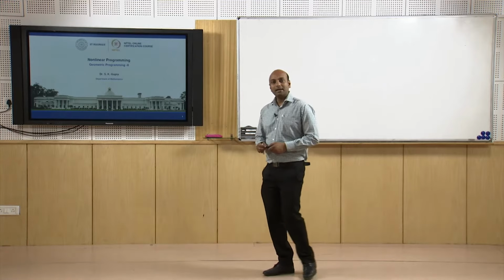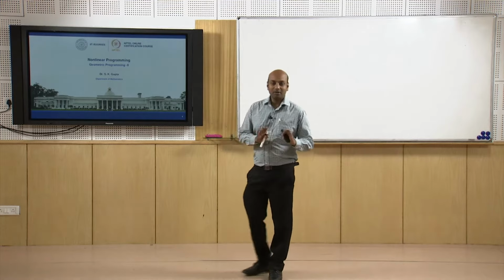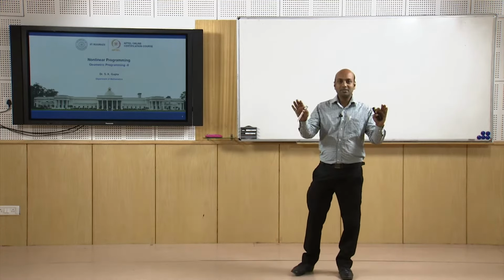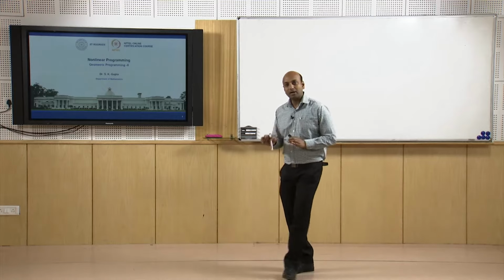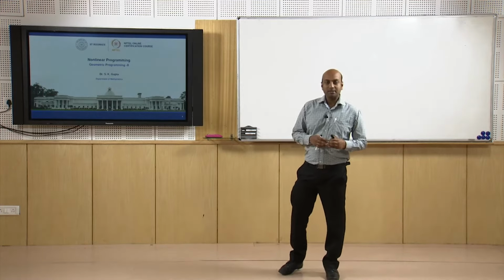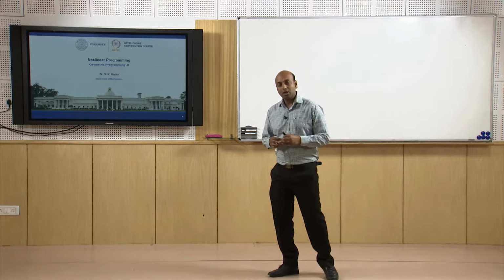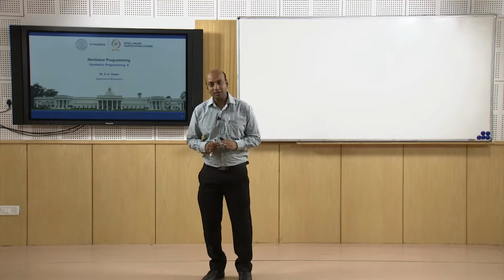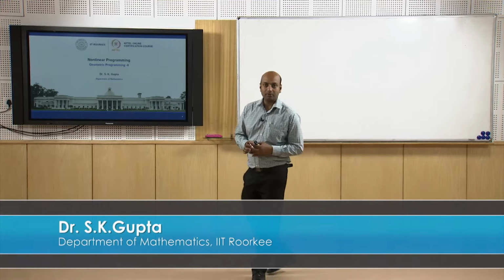Now in that lecture we have seen only unconstrained polynomial optimization. I mean, if we have a problem of polynomials without any constraint, then how can we use the arithmetic geometric inequality to solve those types of problems. Now in this lecture we will see how to solve a constrained polynomial optimization problem with equality constraints. We are focusing only on equality constraints in this lecture. So let us see.